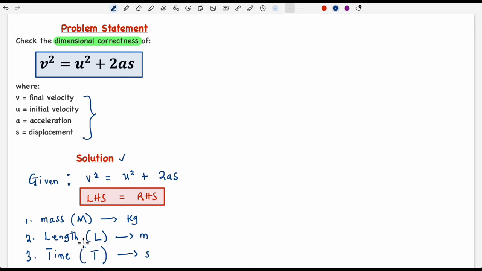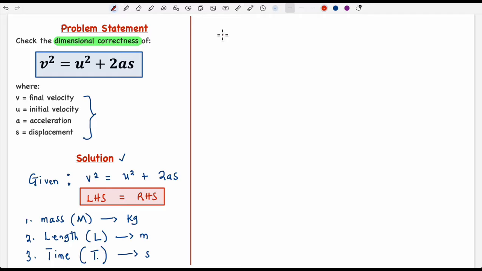And in dimensional analysis, we will represent that with uppercase L. And finally, we have time, which we can define as the interval between two events. All right. And in dimensional analysis, we represent it with uppercase T, and it has the unit of what? Seconds. Now, knowing these three basic units, we need to express each of these quantities in this equation in these